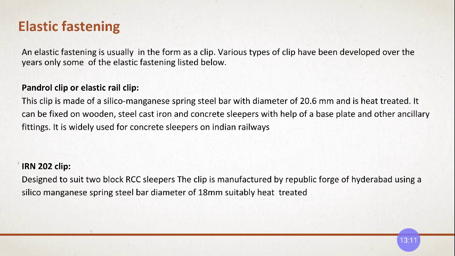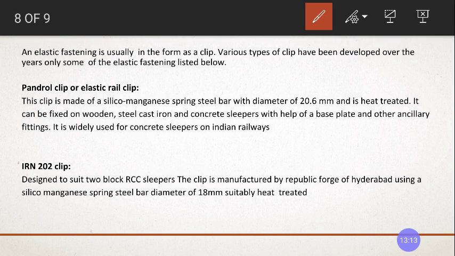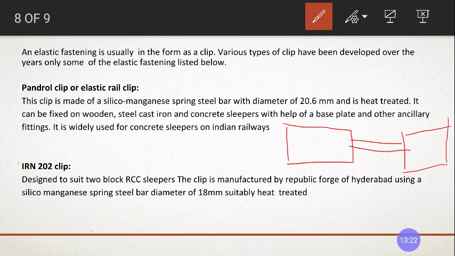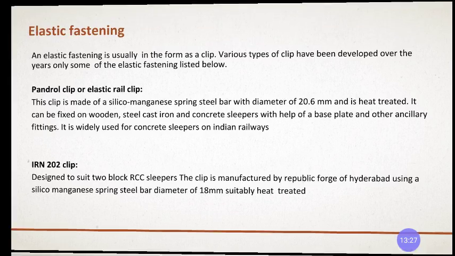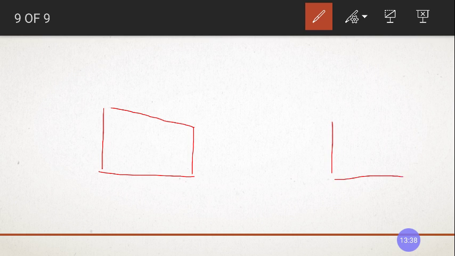We saw another type of rail sleeper where there is a concrete block here and here, and there is a gap between them, which is held by a connector. I'll show you. This is your one block, this is your second block, and in between there is a dowel barrier.